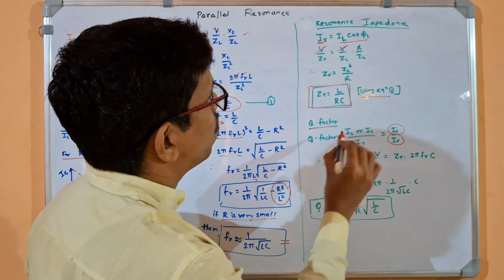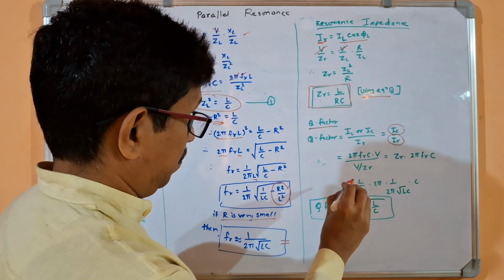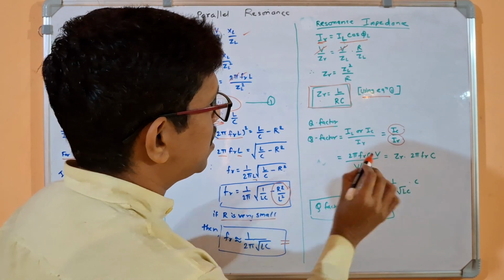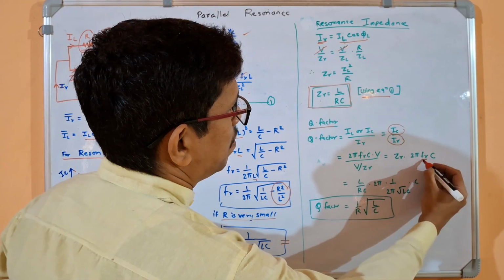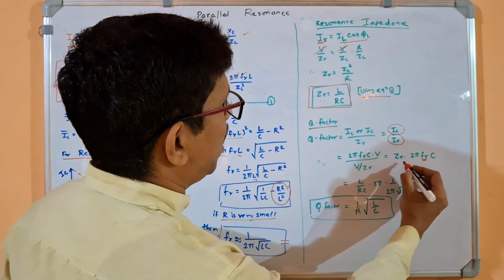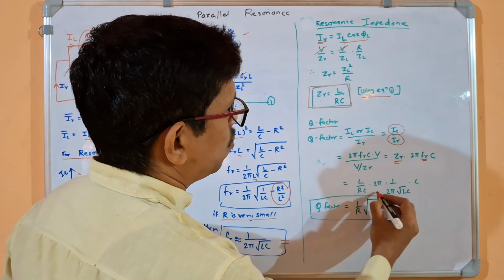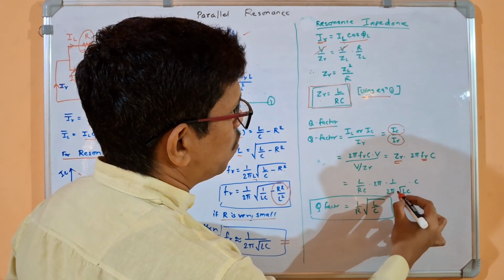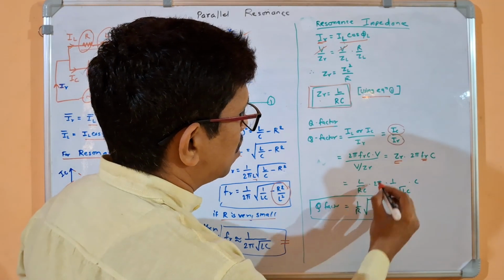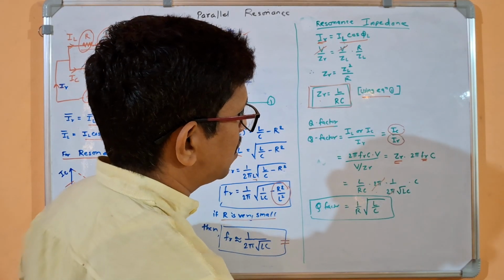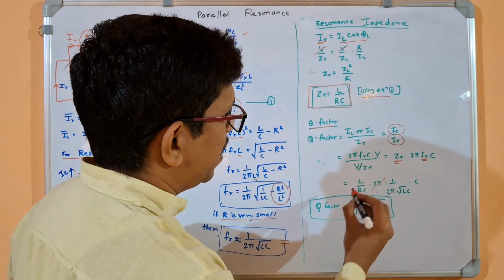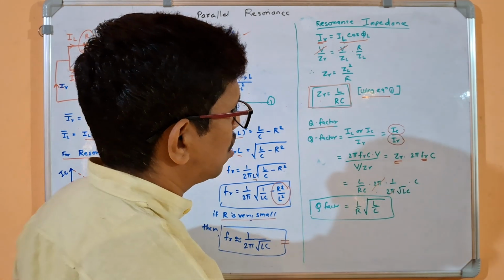And what is IR? We have put this IR as V upon ZR. So ZR is L by RC, 2 pi, frequency is 1 upon 2 pi under root LC, and C. So this 2 pi will get cancelled, and if I rearrange, L I will take inside the square root, so